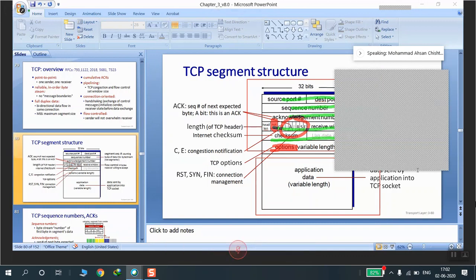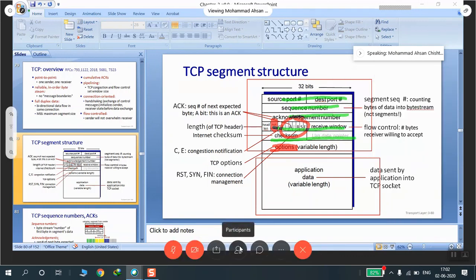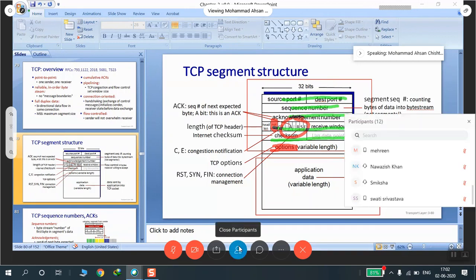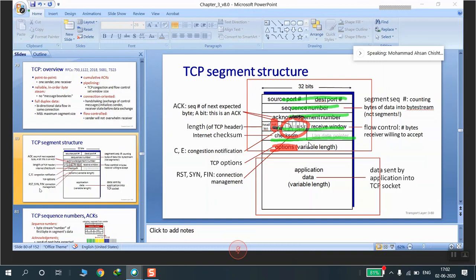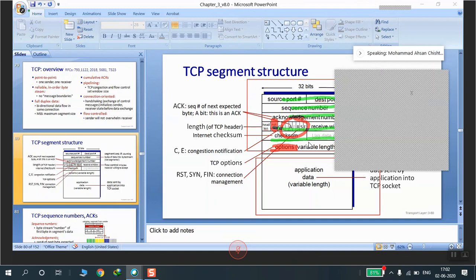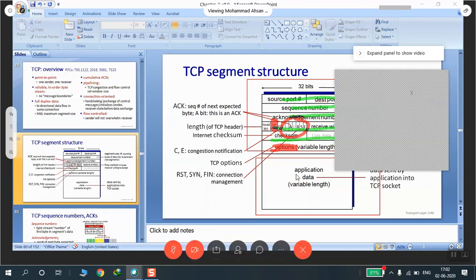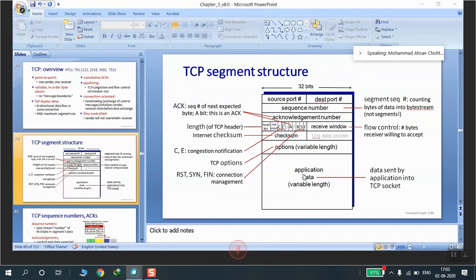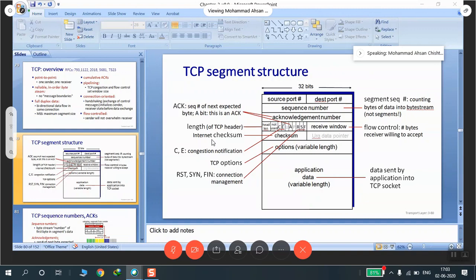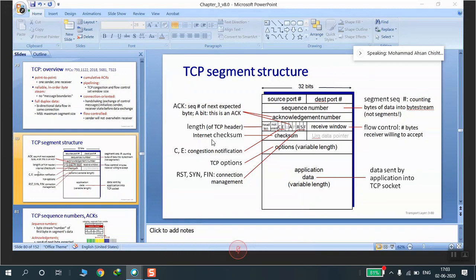Before I say what padding is, let me take the options field.